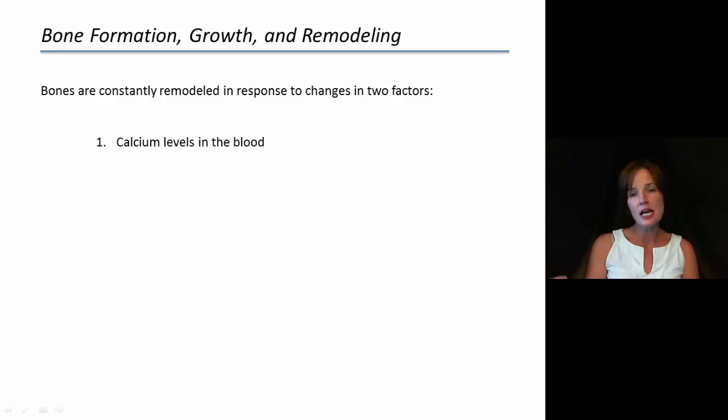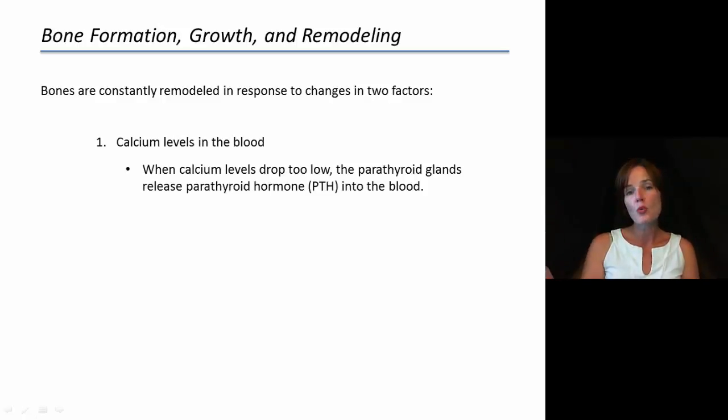The first of those is calcium levels in the blood. When our calcium levels drop, so when they become low, the parathyroid gland is going to be stimulated to produce a specific hormone. That hormone is parathyroid hormone. We call it PTH for short. And so that is going to be produced and released into the blood when those calcium